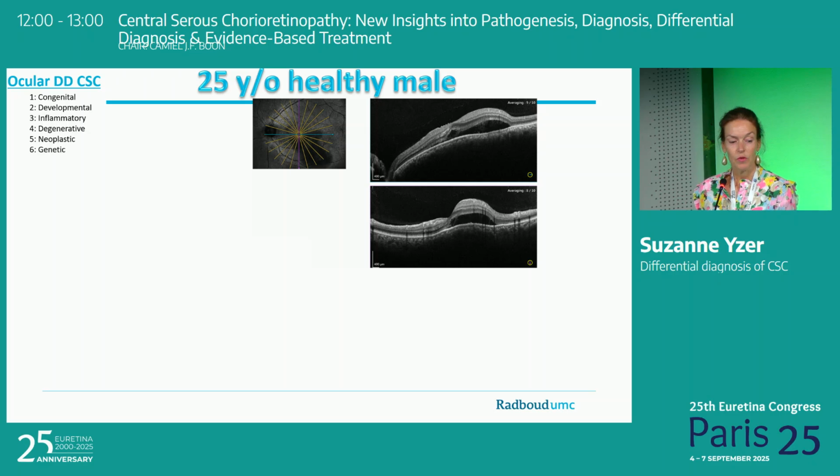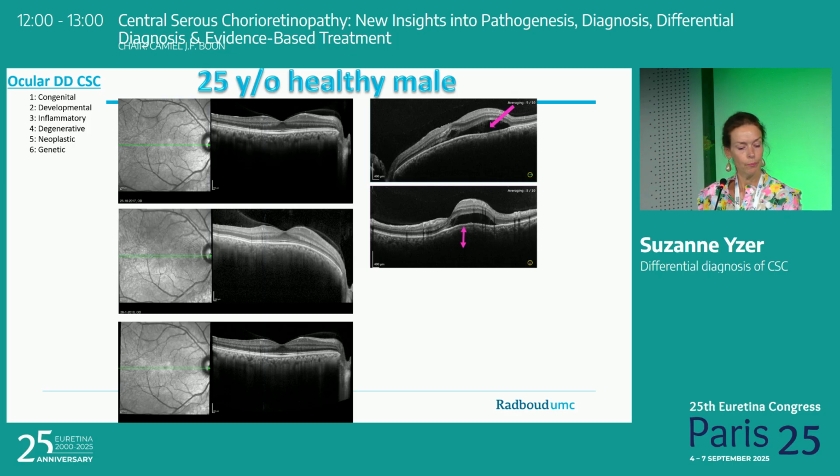The next patient is a 25-year-old healthy male who was seen at the emergency room because of loss of vision in the left eye. OCT was made, subretinal fluid was seen, so he was referred to me. And indeed, there are some changes in the choroid as well. Here's actually the OCT of the fellow eye, and he had never complained of this eye, but look at this area here. You see how it changed over time?